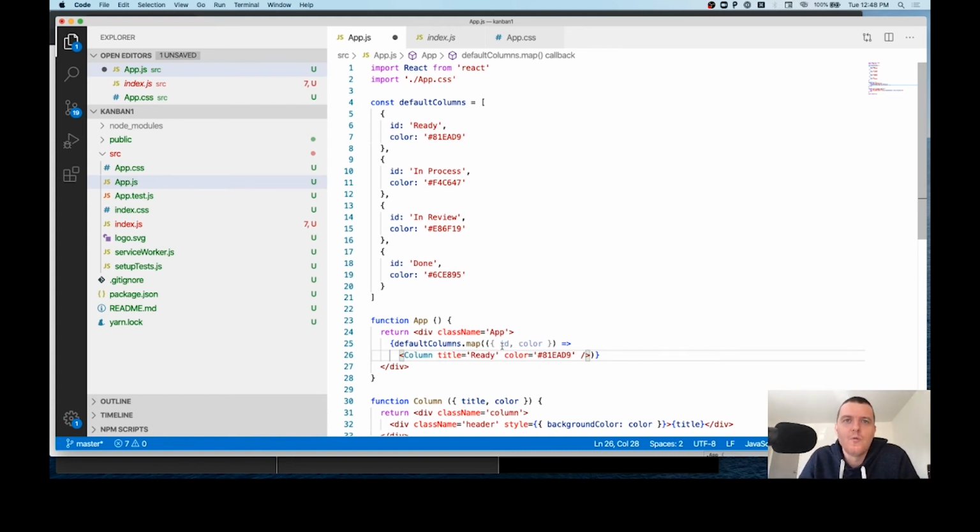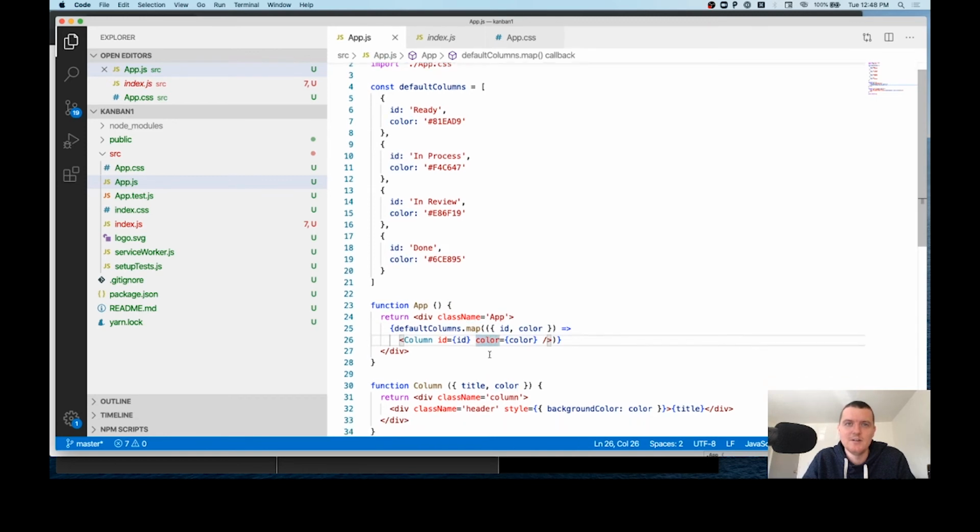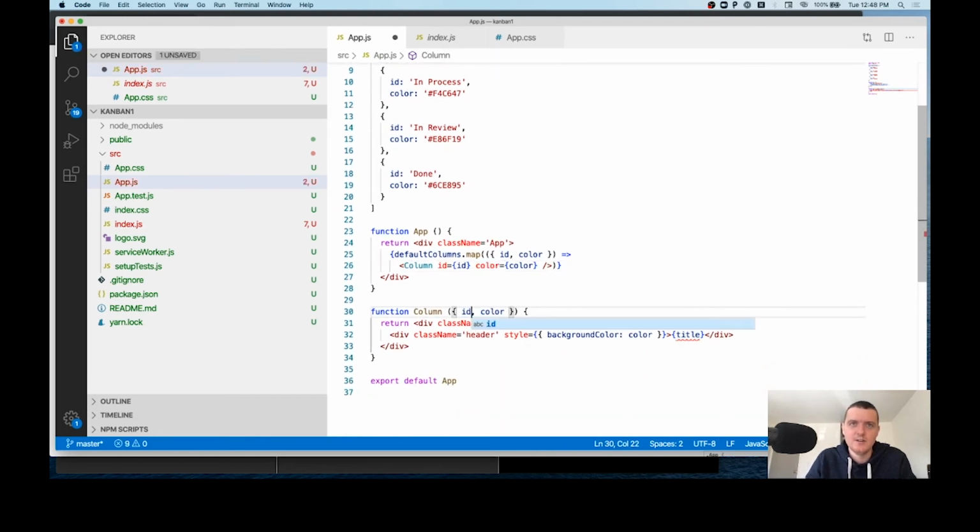So what we now need to do is take this ID, which remember is the title, and pass it into the column. I'm going to change the name of this prop to ID because later that's going to be really, really useful. And then color. This might look a bit foreign, but this is really just passing this variable ID as a property ID into column, and this variable color as a property color into the column. Now if I change that to ID,